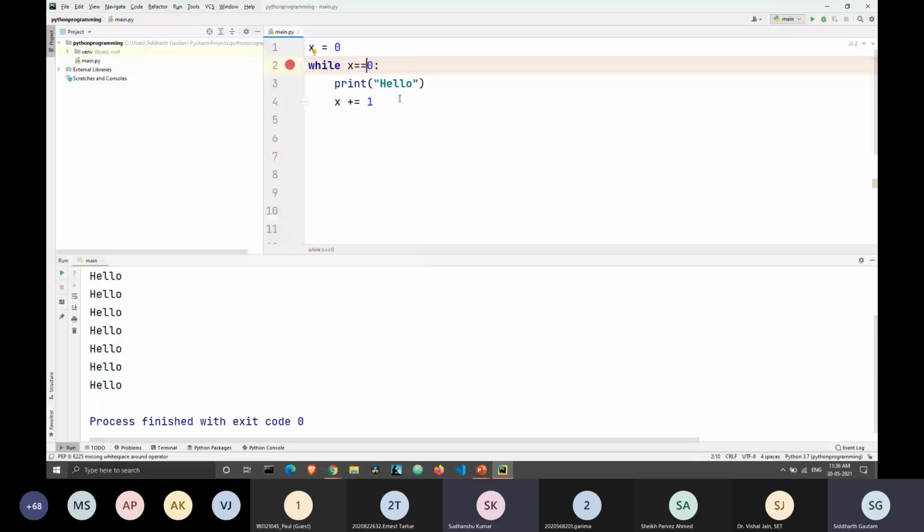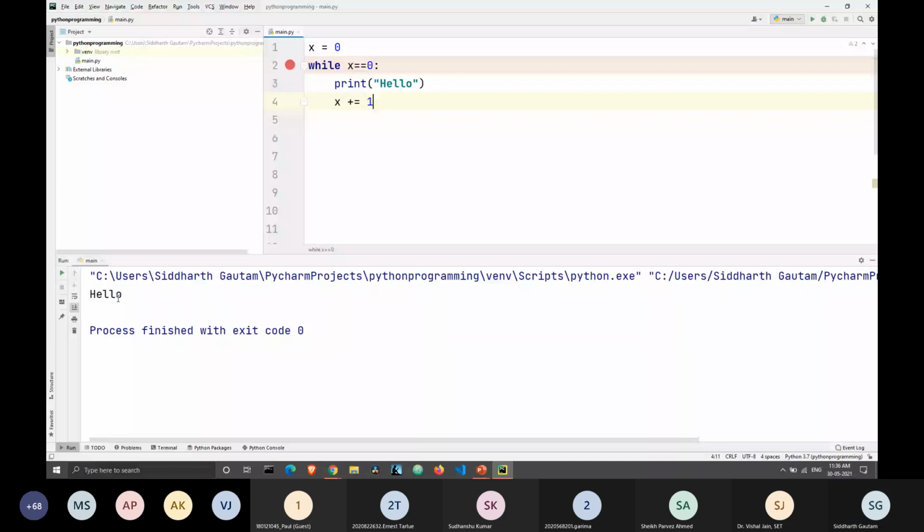For example, let's first execute this, and we only get this printed out once. That's because when the loop runs just once, the value of x goes from 0 to 1, and in the next iteration, the while loop gets exited because the value of x has now changed.